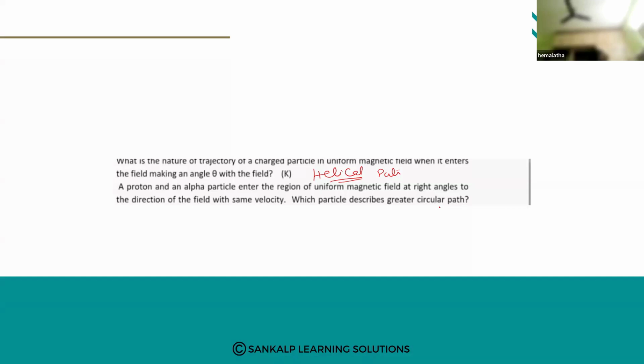Proton and alpha enter the region of uniform magnetic field at right angles. Which particle describes greater circular path? So depending upon what greater circular path,